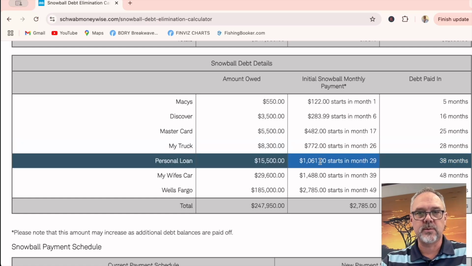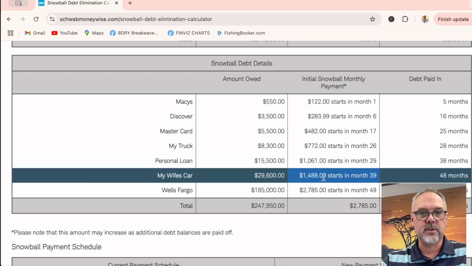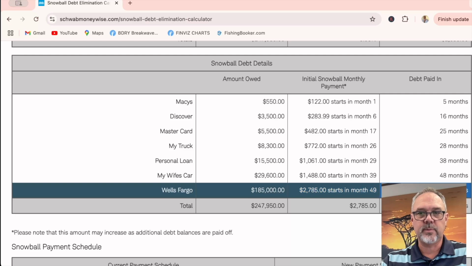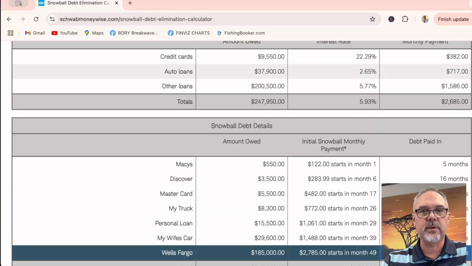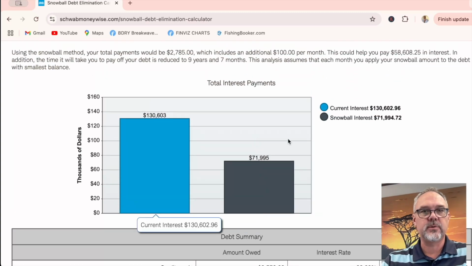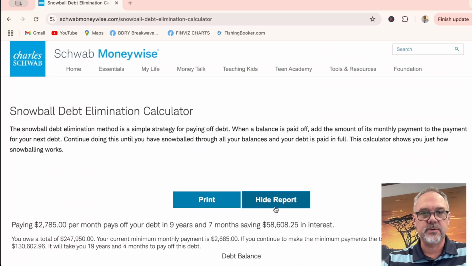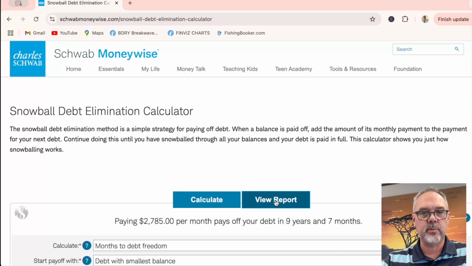Personal loan is the next one. So personal loan minimum plus that $772 gets it paid off in 38 months. And then the wife's car gets paid off in 48 months. And then the home gets paid off in 115 months. So everything's paid off in 9 years and 7 months. So this is how the banks make money, as you can see here, off of this interest rate. But the cool thing about this calculator is you can go back in here, you can hide this report,